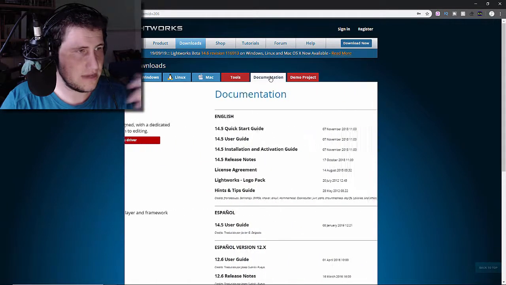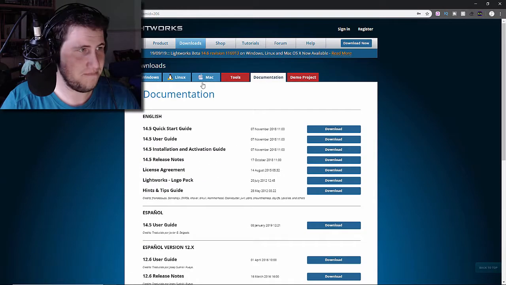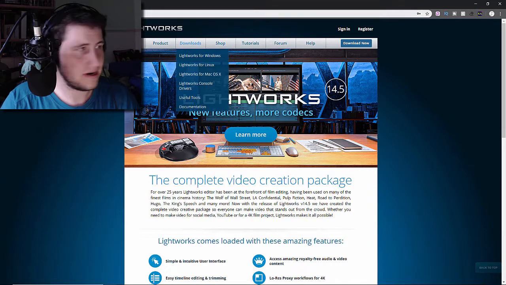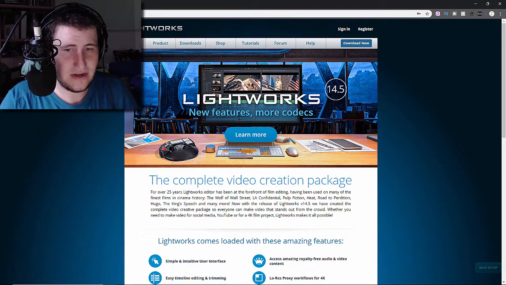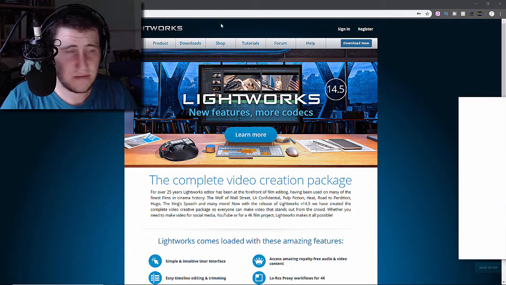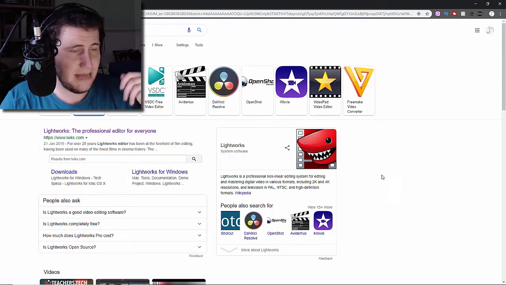There are so many things. There are start guides for this software, and like I said, it's called Lightworks. It looks like a shark. Their logo is very much a shark. This logo. But yeah, like I said,